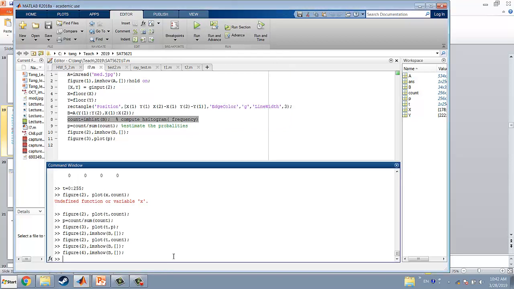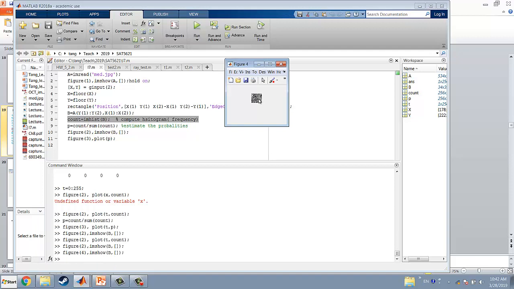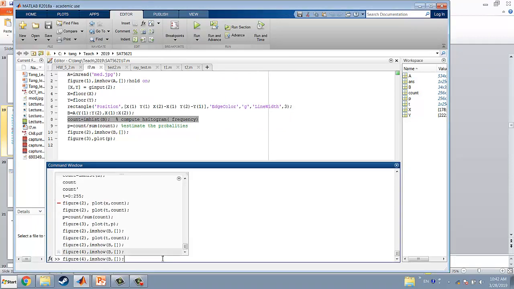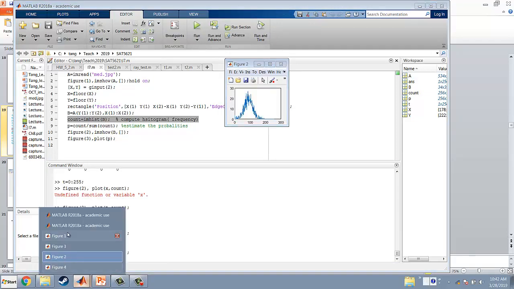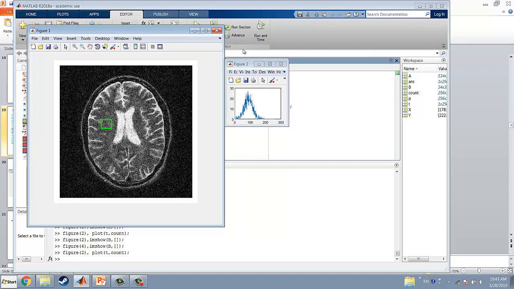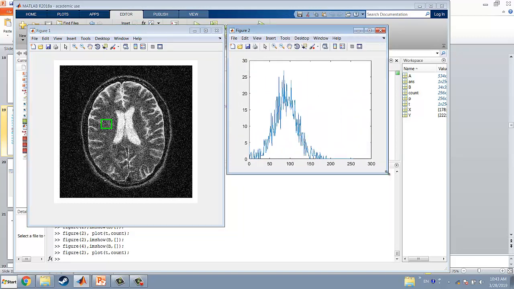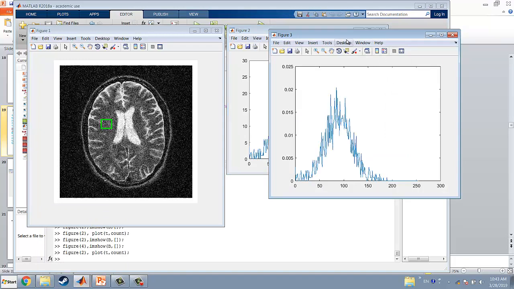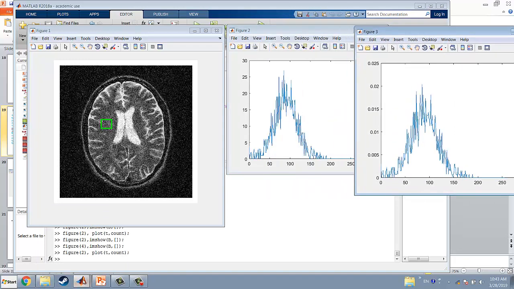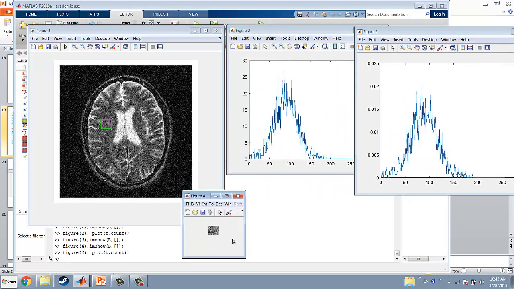Okay, figure 4 is the small region, so you still can show the figure 2 as this one. Okay, so we have figure 1 is the original image. Okay, figure 2 is a histogram of the small area. Then figure 3 is a normalized histogram. Then figure 4 shows the small area here. Okay,